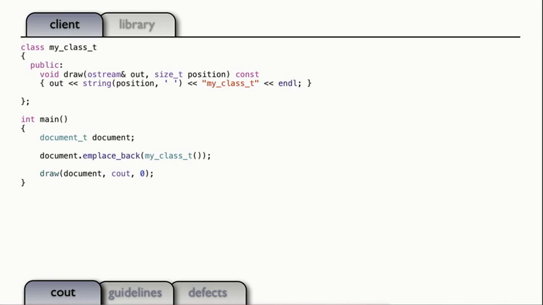So this has other nice side effects now. I'm separating the requirement of polymorphism to the place where I'm using the polymorphism in the document. And if you see here, my class doesn't inherit from anything. It's no longer entangled with the notion of my document through inheritance.